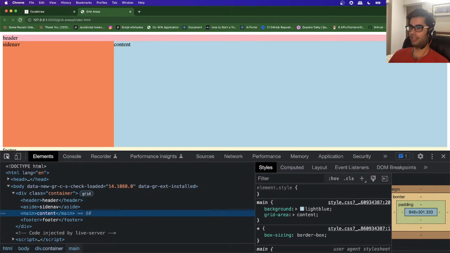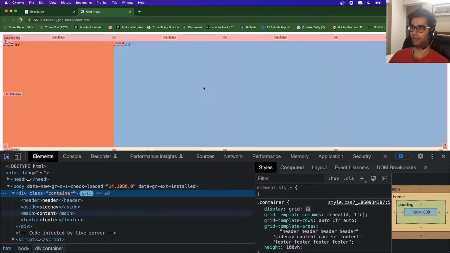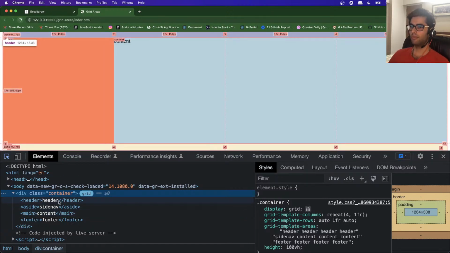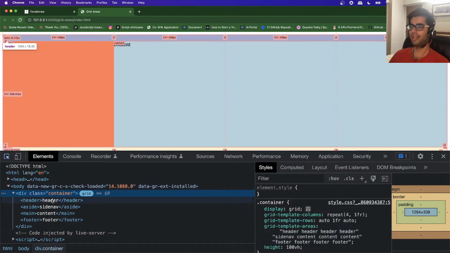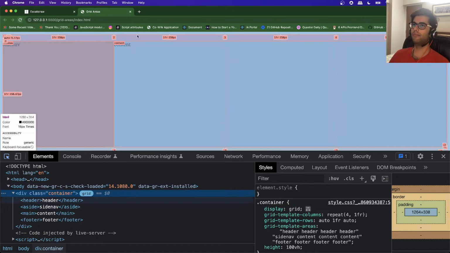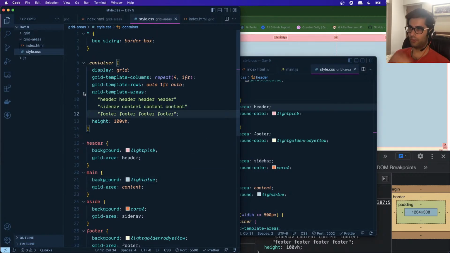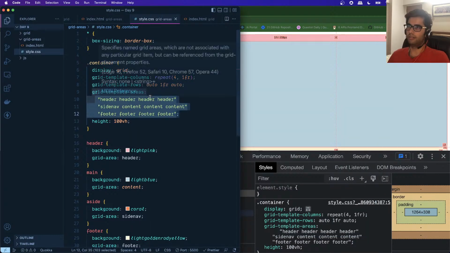If we inspect in the console, right, you can see that this header, right, it is taking up 4 columns as we had defined. Now the advantage of using this way of creating things is that right within the CSS you can see the placement of each of these elements. This is, basically you're defining your layout right here. Okay,